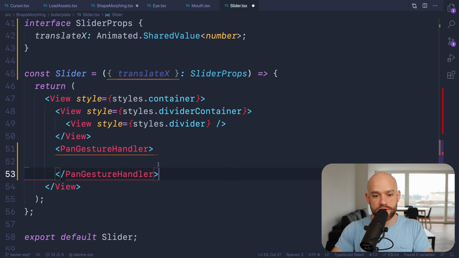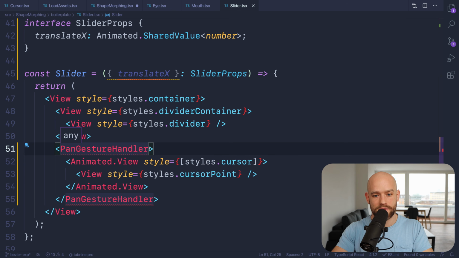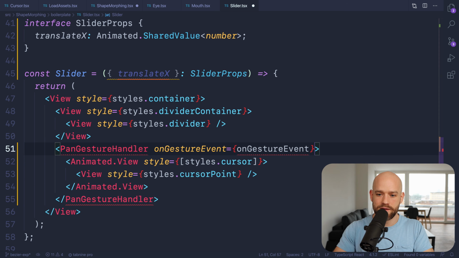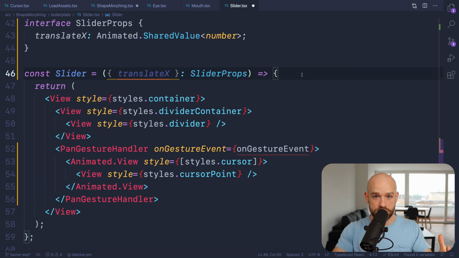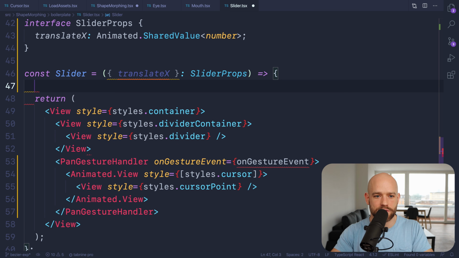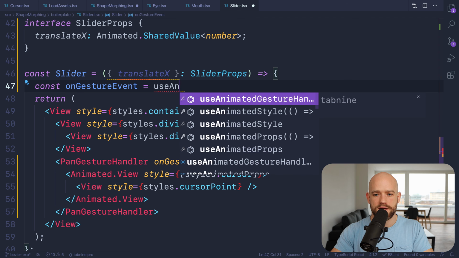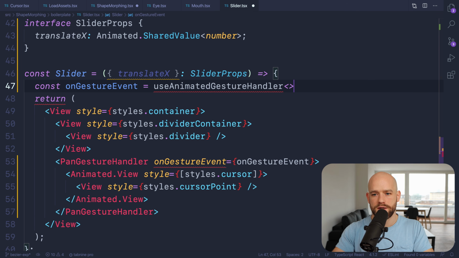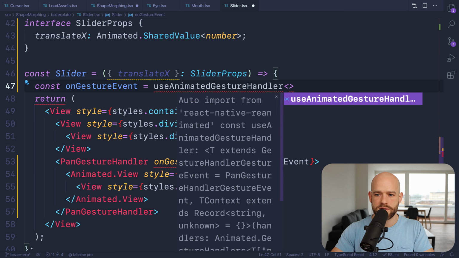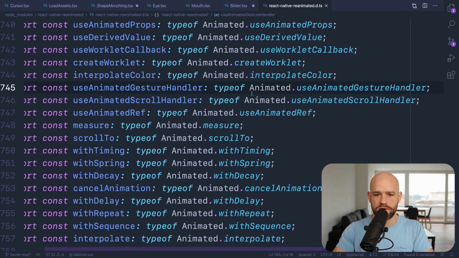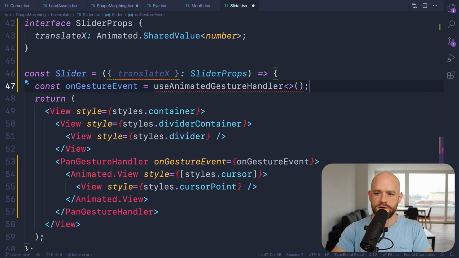And for the pan gesture handler, this is now becoming very repetitive. We just need to keep X as an offset value, and when the gesture starts and when the gesture is active, we update translate X accordingly. So on gesture event is use animated gesture handler. Let me import it. So first parameter,